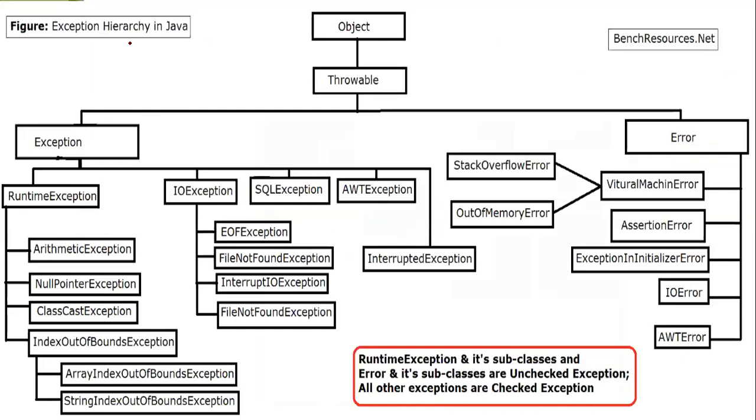Now, if we go into detail, this is how things happen: the exception hierarchy in Java. You have the Throwable object. You have two main categories. One is Exception, one is the Error. All these come under the